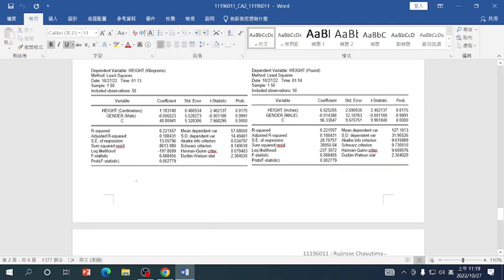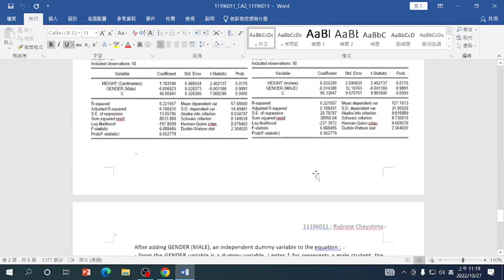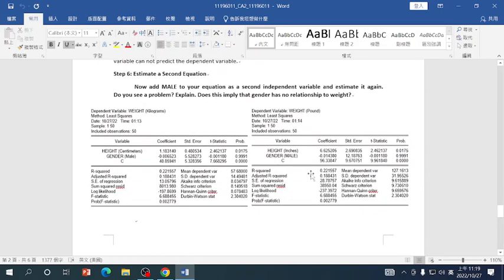And step 6. After we added gender, we represent male as 1 in the gender variable, an independent dummy variable, in the equation. The gender variable is a dummy variable. We enter 1 to represent a male student. The coefficient of gender in measurement units of kilogram per centimeter is